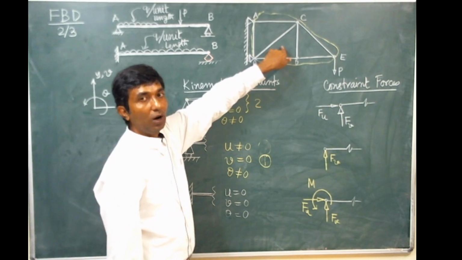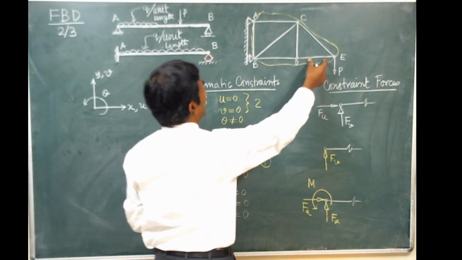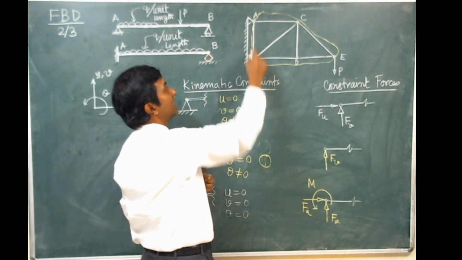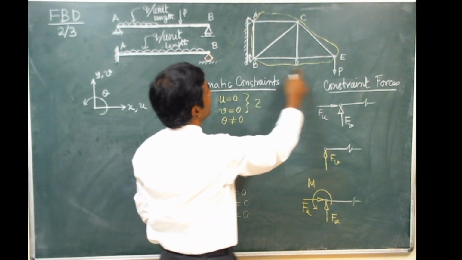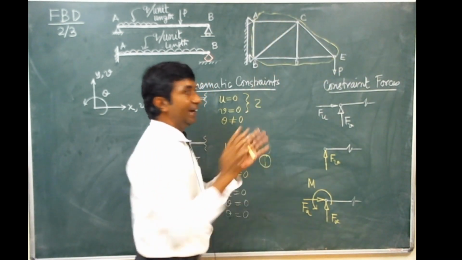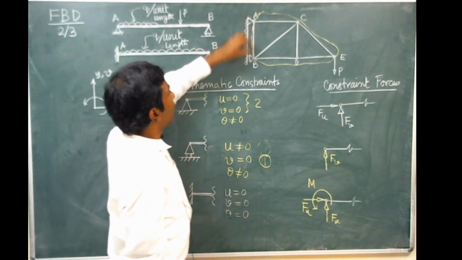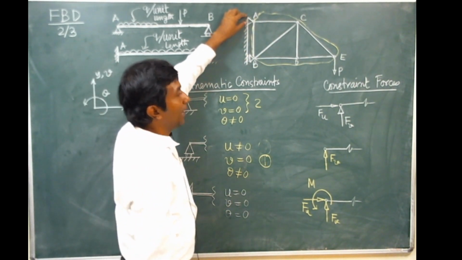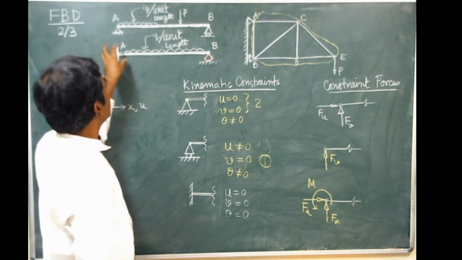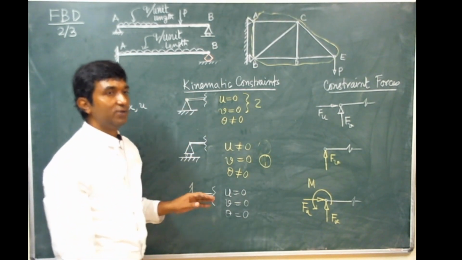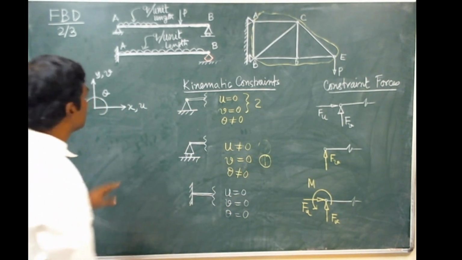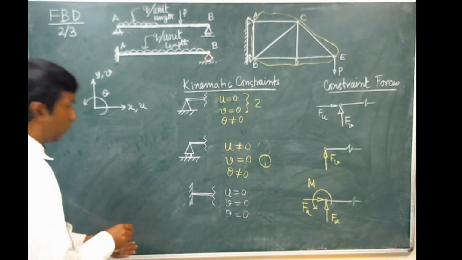Probably this situation you all know. Here these members are considered as two force members, and there is a pin support here and a roller support here. So till now, what you have done is you have considered the entire part as a single entity, a single structure that is supported at two points A and B, where A is a hinge and B is a roller. Now we come to these individual supports and we shall analyze. While drawing the free body diagram, what would be the constraint forces required? So before going into that, we need to